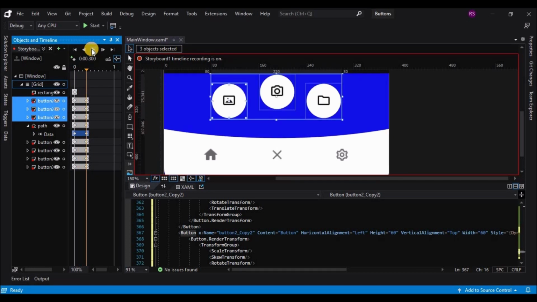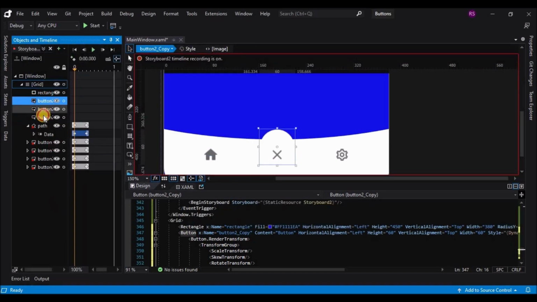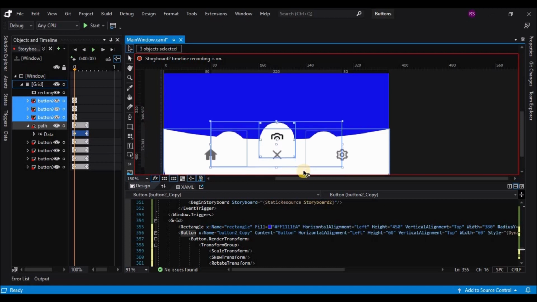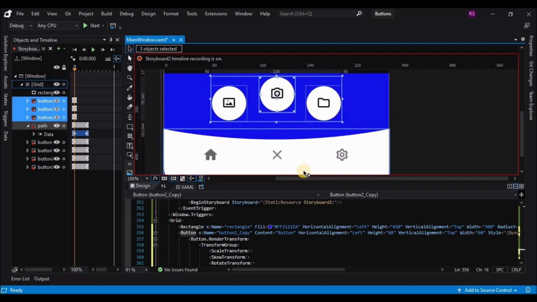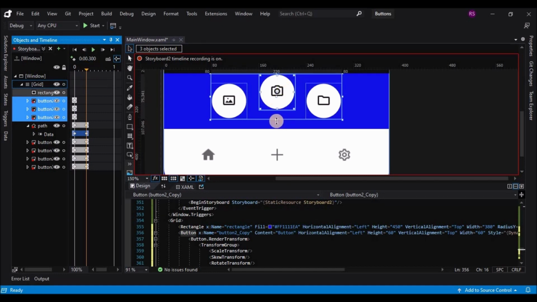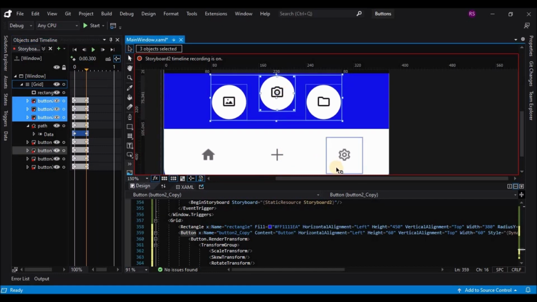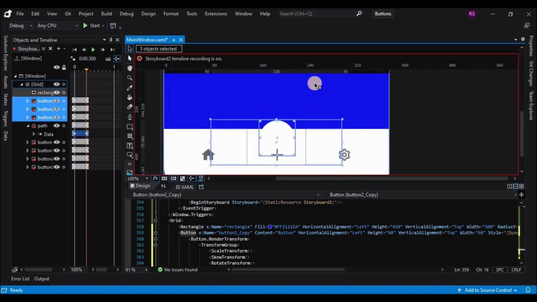Now you can go to the second storyboard, and in the second storyboard all you have to do is change the three buttons' position so that they go back behind the white panel. So before that, on the first keyframe we have to start from the end keyframe of the first animation. So this will be the starting position for the buttons, and on the last keyframe they have to go back behind the white path that we have added. So meaning it will be hidden when you click on the close button.